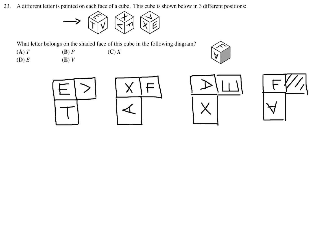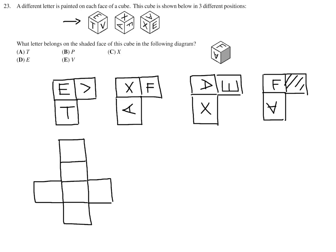So here we go, trial and error. Now, all cubes, if you were to unfold them, they kind of look like this. You got two flaps on either side. So what I'm going to do is just see what I can get. If I don't get it correct, I'll try another way. No problem, right? That's what trial and error is all about. So the first thing is, since our shaded region involves F and A, I'm going to start with the one that has F and A in it, right? Why not? So I'll put the F here,